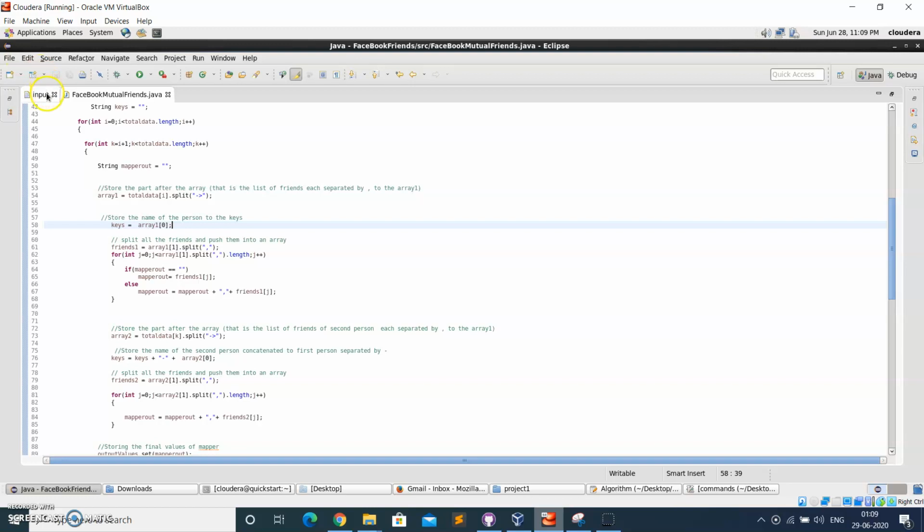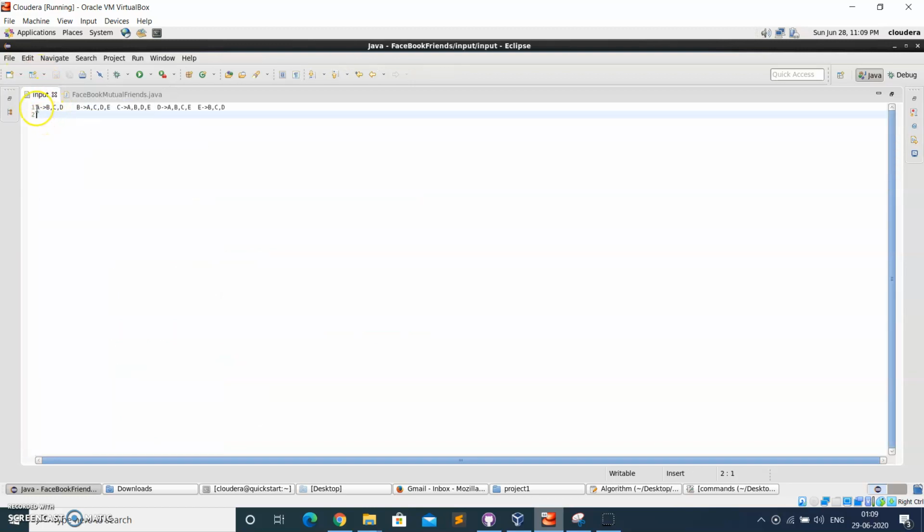Coming to the input, what we are trying to do is give the input with tab spacing. What this input indicates is that this is person 1, and here is the list of the friends that the person has.